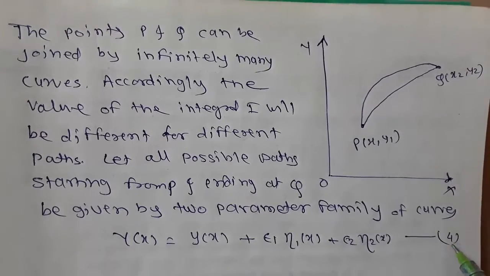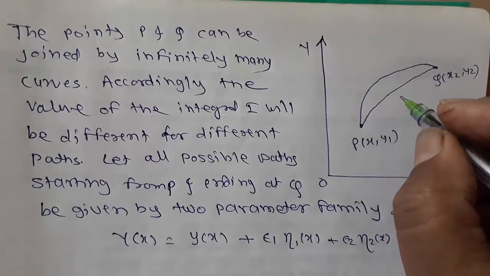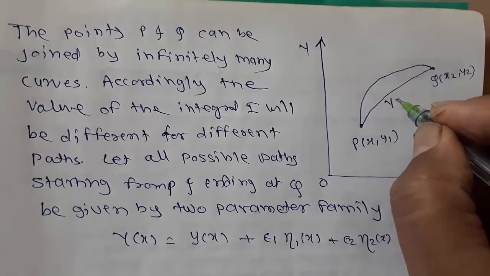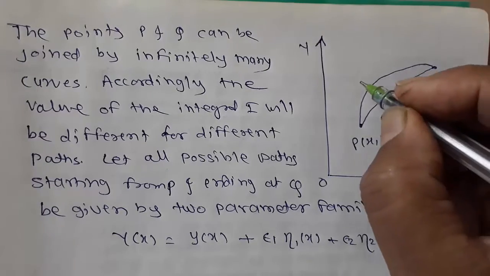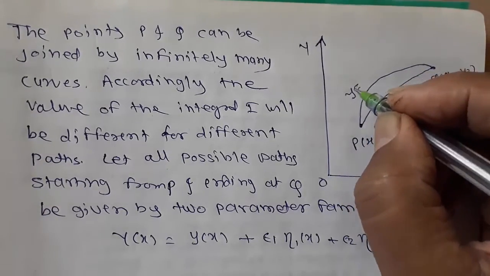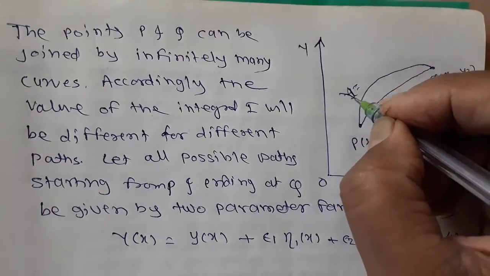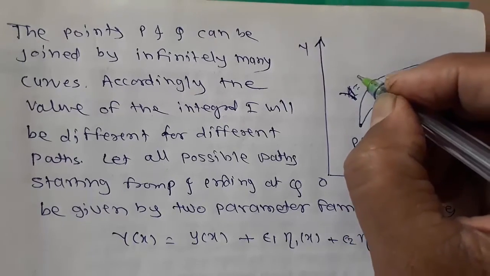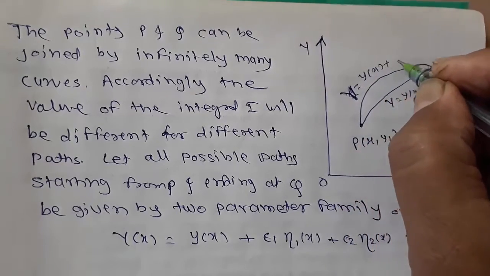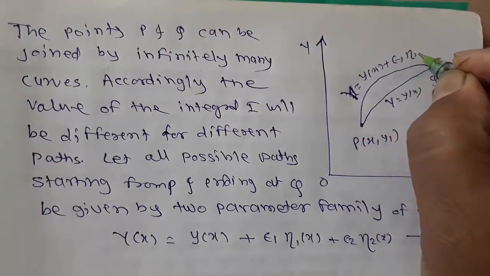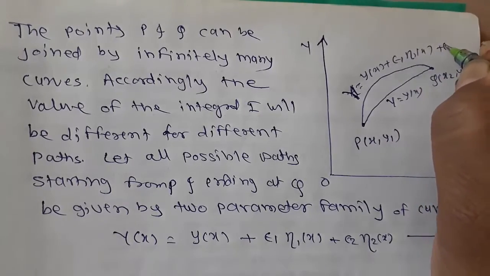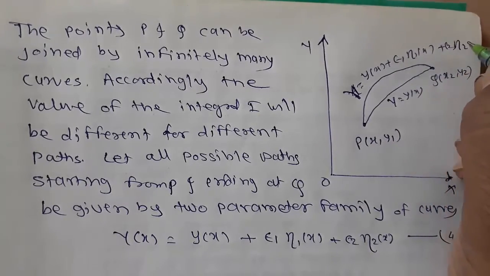This is equation 4. Suppose this is the y equal to y of x curve, and this curve family is given by capital Y equal to y at x plus epsilon 1 eta 1(x) plus epsilon 2 eta 2(x),